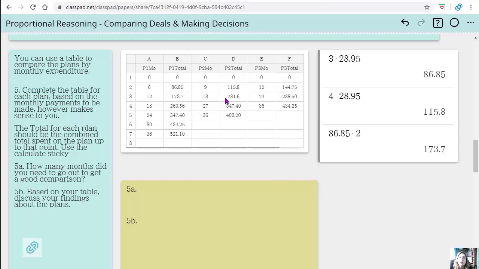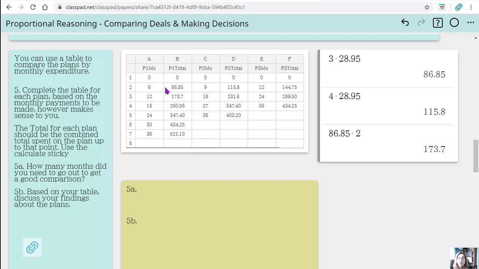And so right away, the table helps me see things in a broad picture, like overall, long term, right? So if I was just thinking, oh, I'm going to do this for 3 years, then I can look at this common multiple, right? 36, 36, 36, and say, well, it looks like for the long haul, plan 3 would be the choice that I want. But what if I only want to go out a year? Well, 144 and 173, still plan 3. So is plan 3 always the right choice?